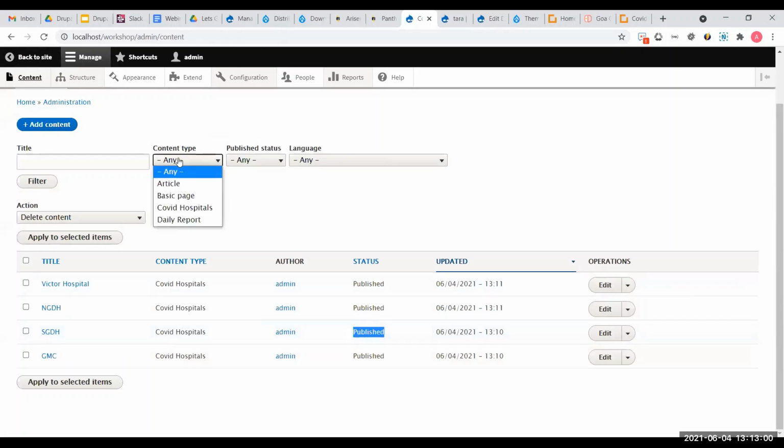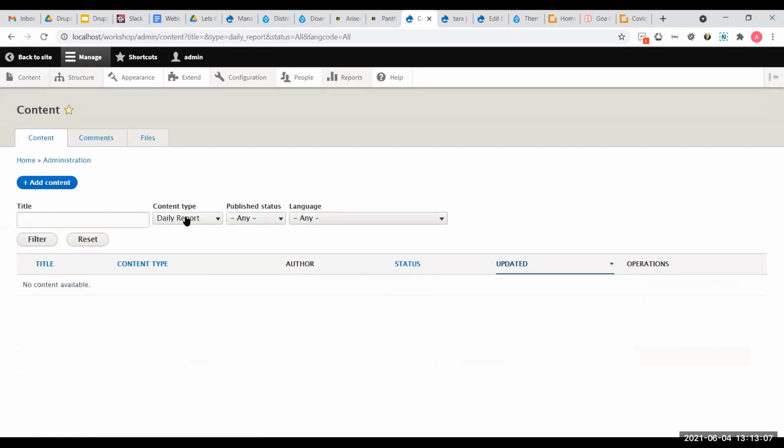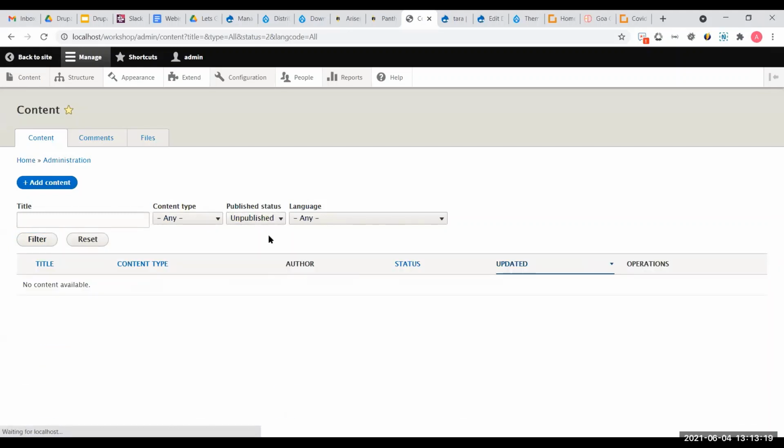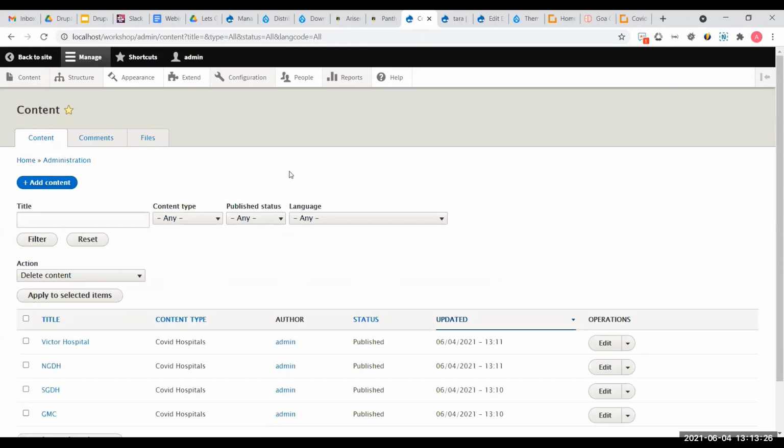And this filter here, I'll try searching for daily report. There's nothing available since we didn't add any daily reports. Again, in this filter, I'll select any, and then select unpublished. Nothing is coming up because everything that was added is published. Next, we'll try to add COVID